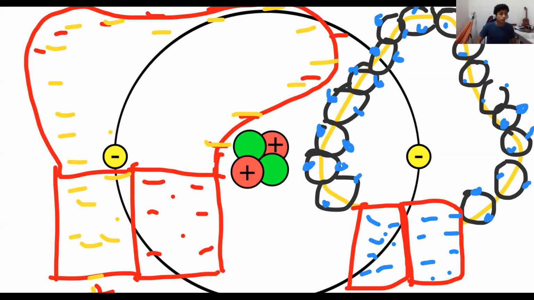Okay, so now think of it like this. Very simply, think of it like this. Now I am a conductor, so I can take one more electron and pass it on. But if I was an insulator, just think of an insulator as a very, let's just say, okay, now see,